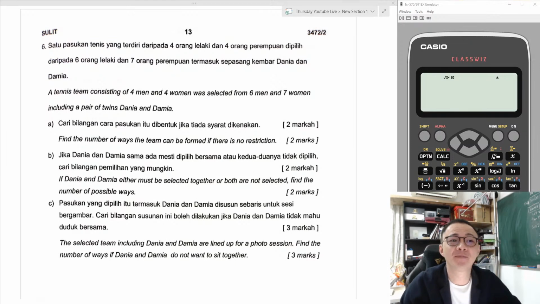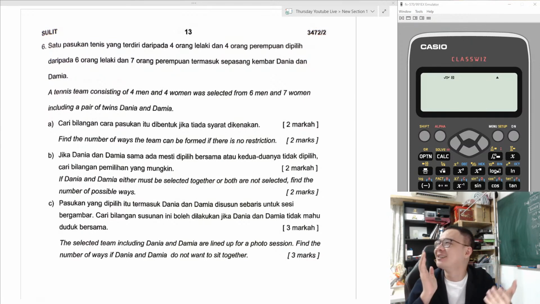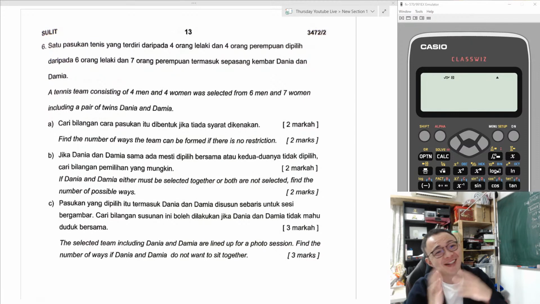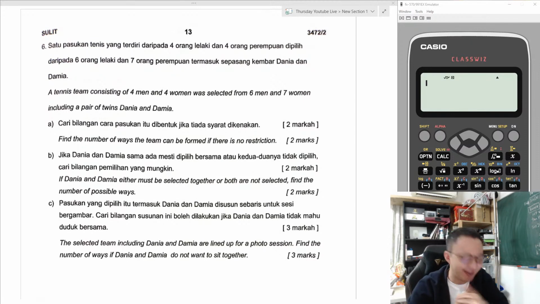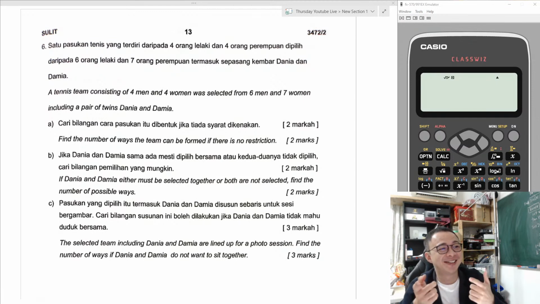All right. So today we'll continue with the Kelantan paper. There are a lot of questions in paper two. I hope I can finish this paper today because a lot of students are asking me to do the Selangor paper and also the SBP paper. So let's finish the Kelantan paper today. I might skip some questions like linear law and linear programming. I'm not going to draw both. For linear law, I will explain a little bit, but linear programming I will totally skip. Great to see all of you here.